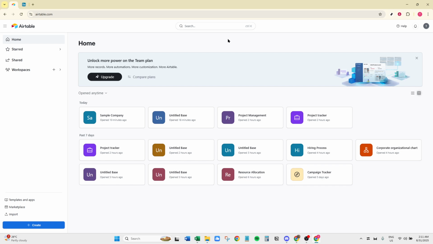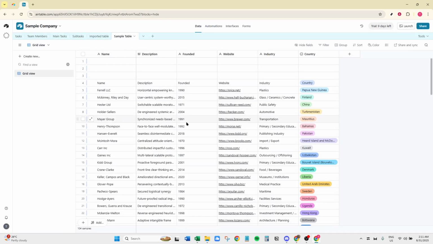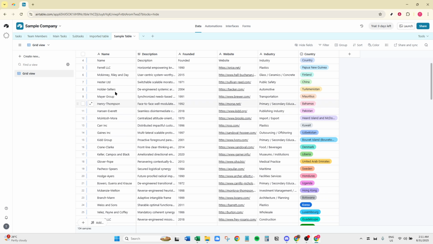First, you'll want to open Airtable. Once you're in, the next step is to click on an existing base. It's important to remember that Airtable operates using bases, which are like individual files or spreadsheets containing all your data. Selecting a base that you're already working on means we'll be applying our color coding to a set of records